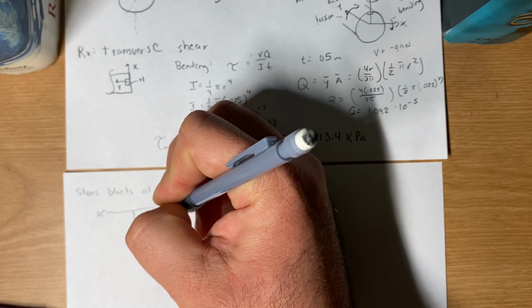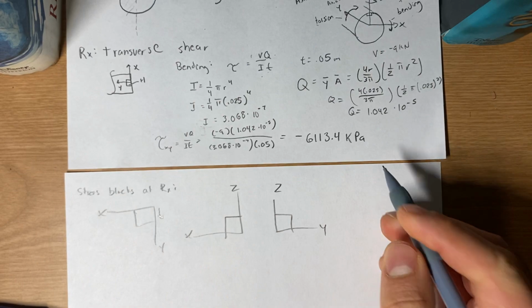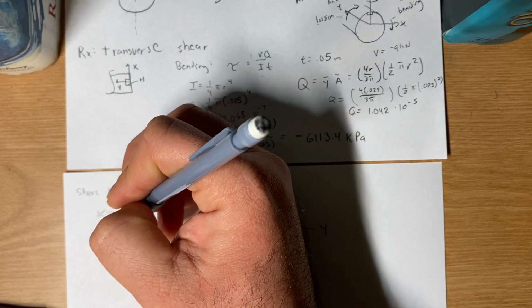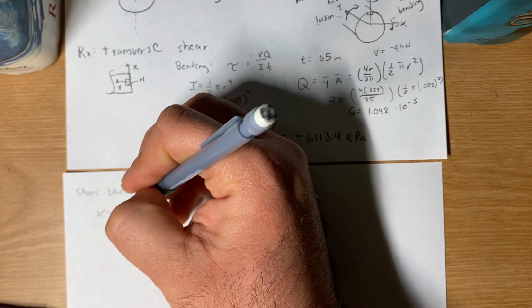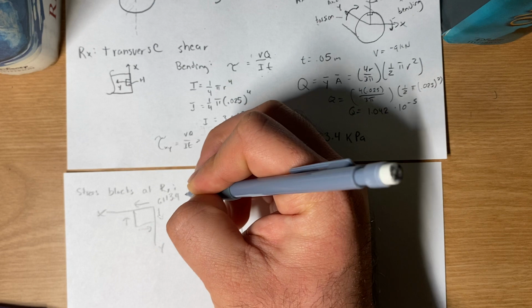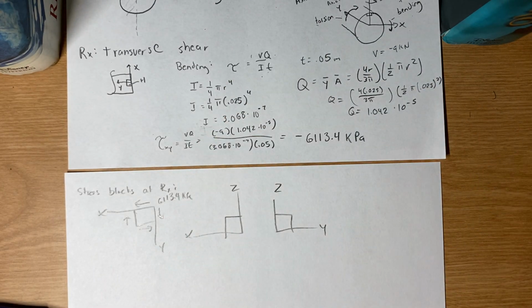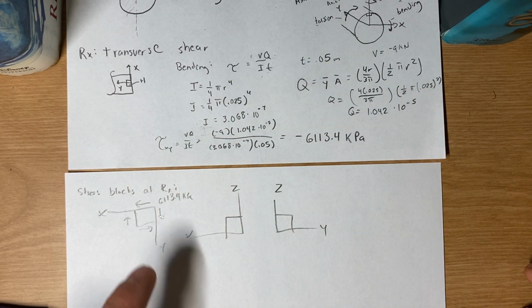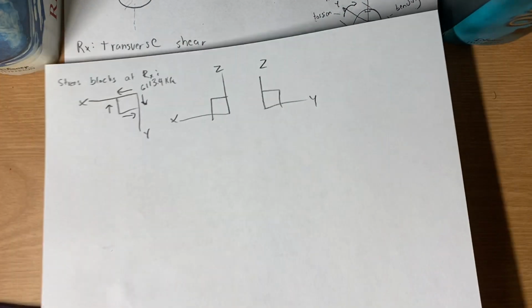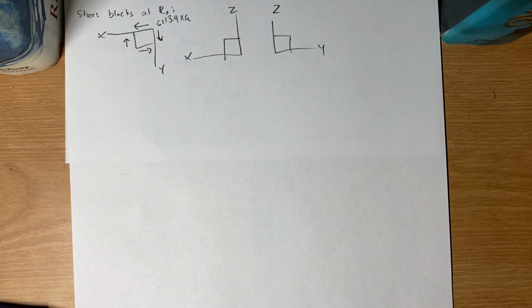So you have this. Since this is negative, it's gonna go this direction. So I have 6113.4 kilopascals. That's the stress blocks at Rx. So now